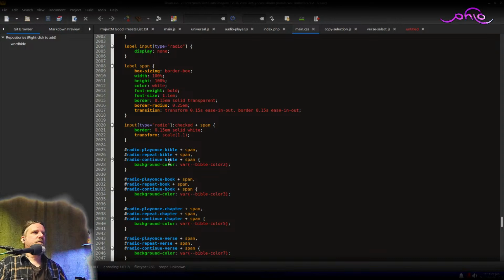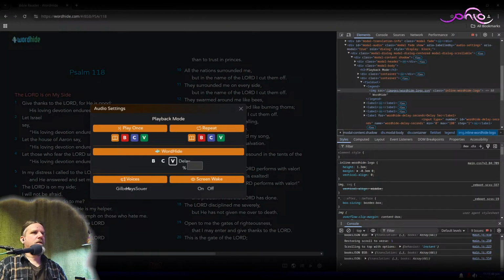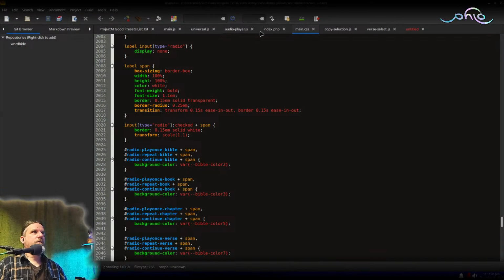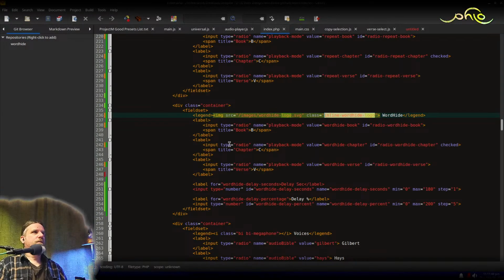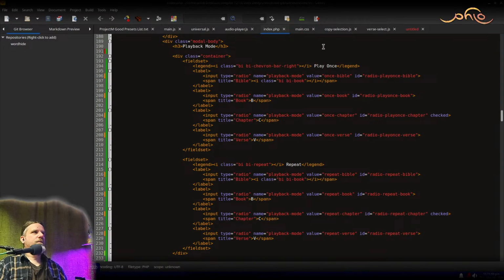Let's go that direction. Let's do radio book, radio Bible, radio book, radio playback Bible, something like that. Yeah, that should work.